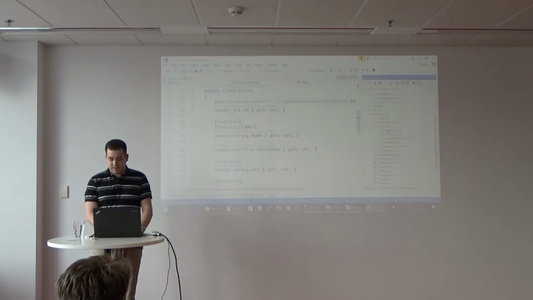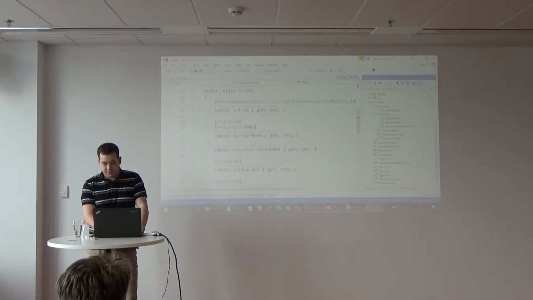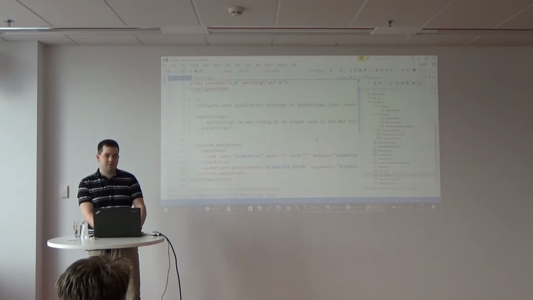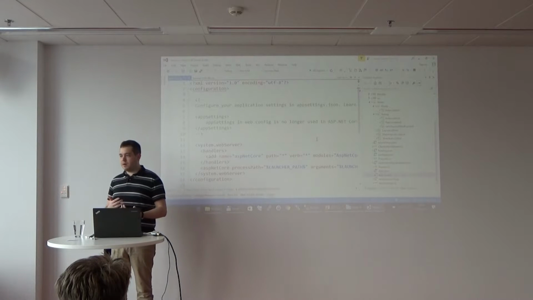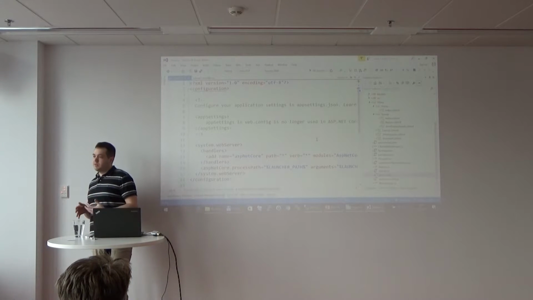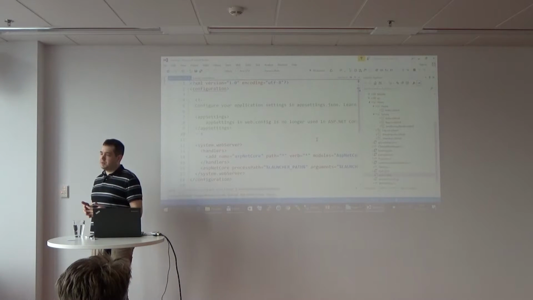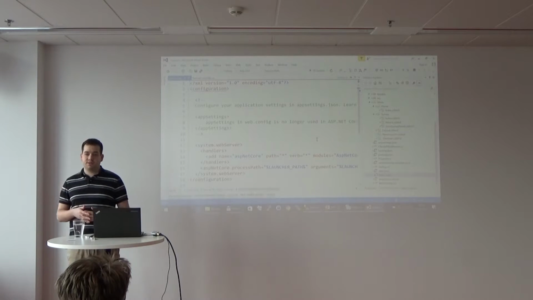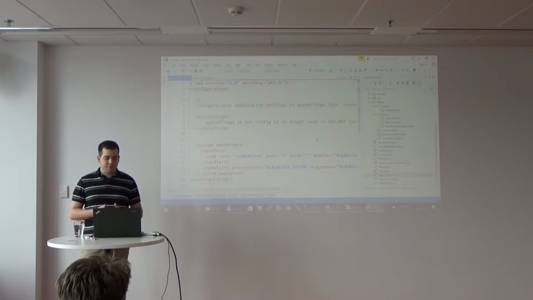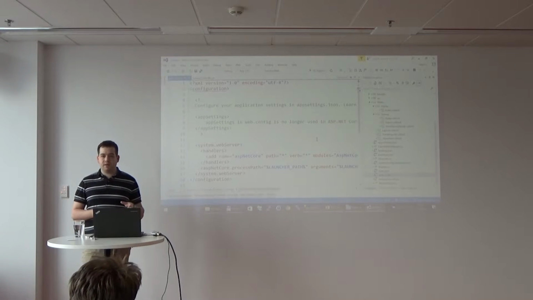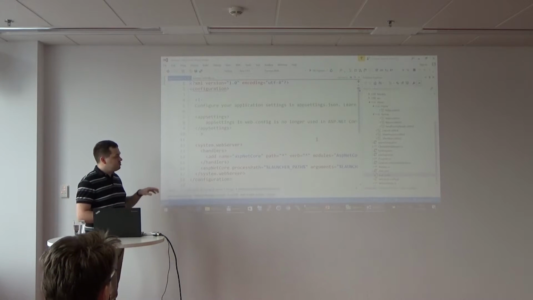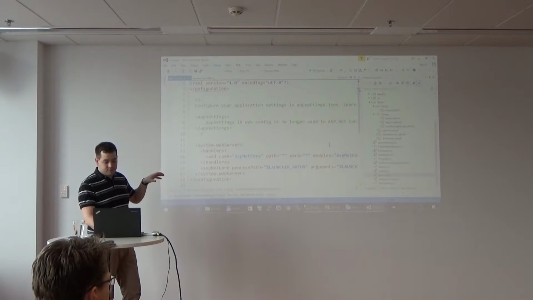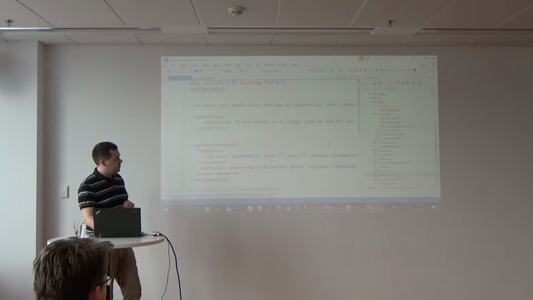Okay, and the project itself, there is the web config. Web config, you know web config as a file where you define quite a lot of things. Most of it in web applications are related to configuration of IIS. Right now, the web config is not required, and it contains only some simple bootstrapper that tells IIS that if you use this application, if you want to host it inside the IIS, it